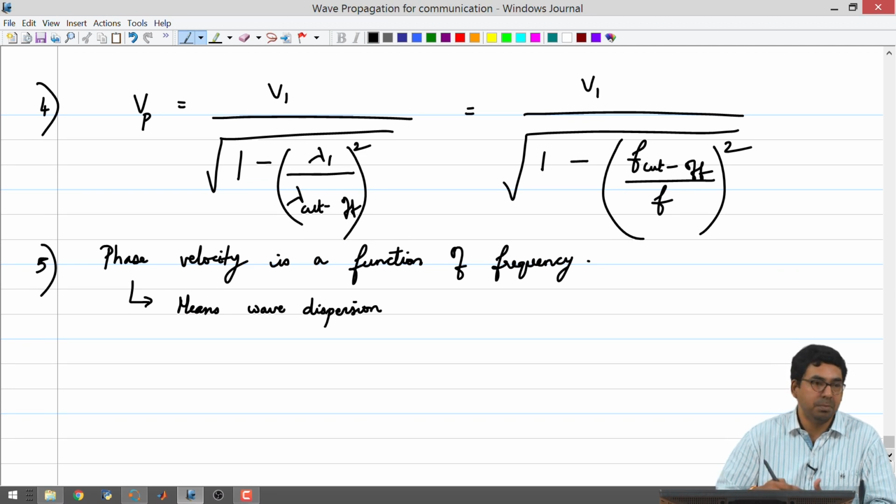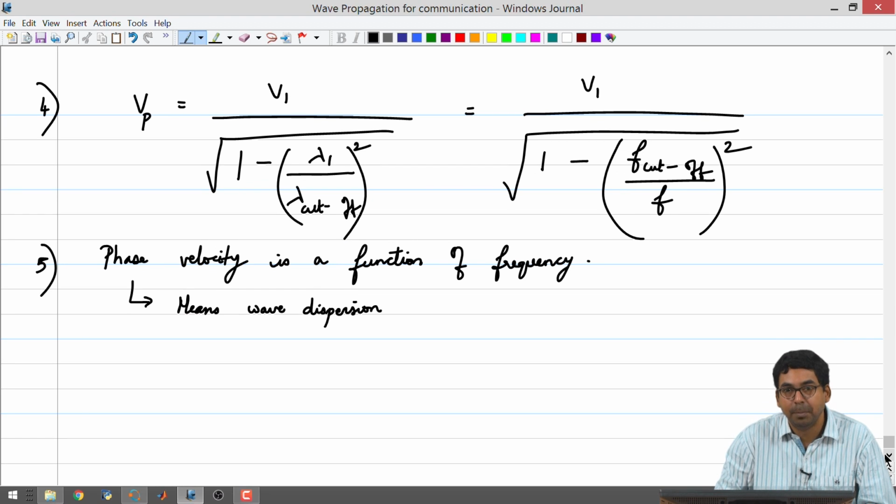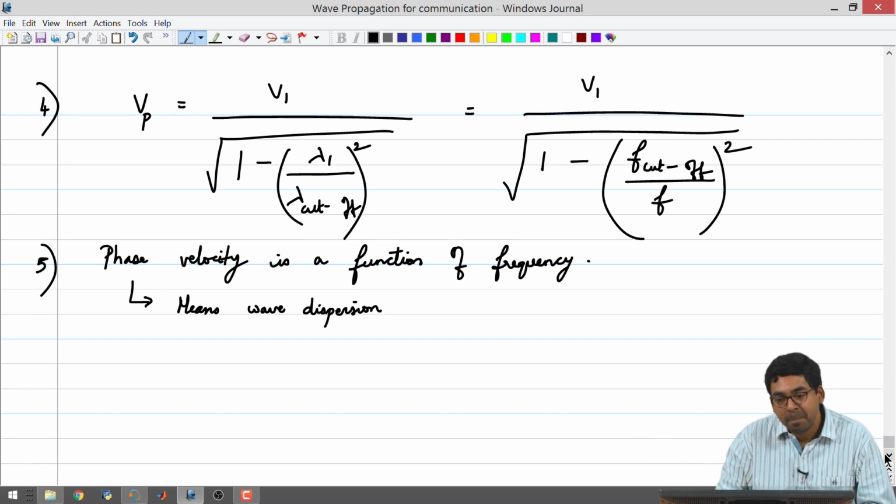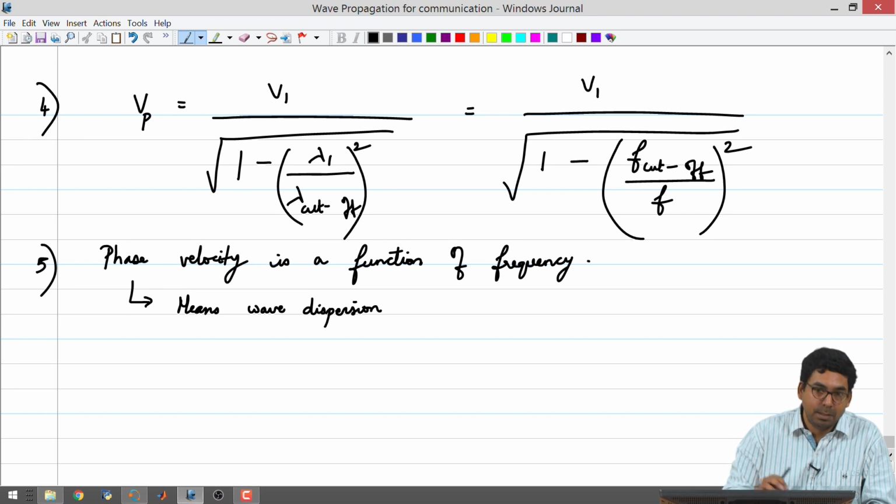In the case of vacuum, the phase velocity is just omega divided by beta, it is a homogeneous medium. It does not have any frequency dependence. So, it is going to be a fixed number. So, what happens here is, in the case of the waveguide, you will end up getting dispersion for a medium that is otherwise non-dispersive. This is the first thing that we have to look at.